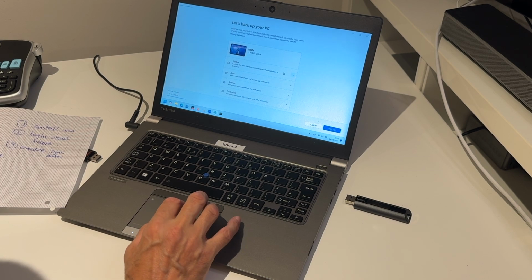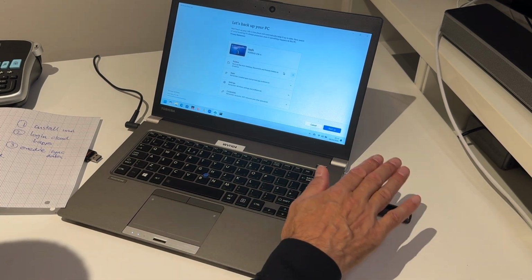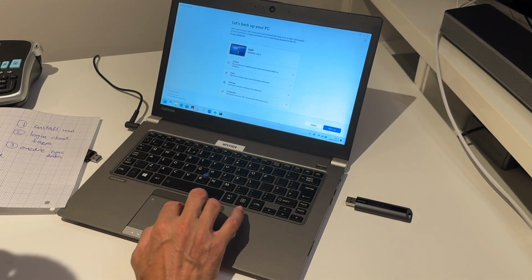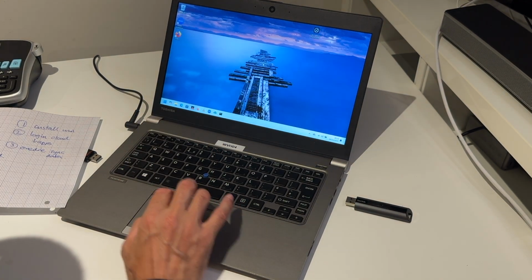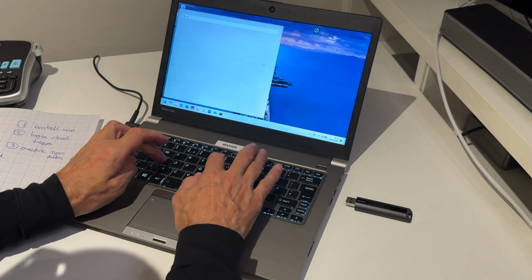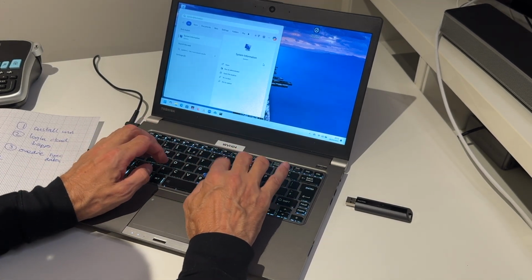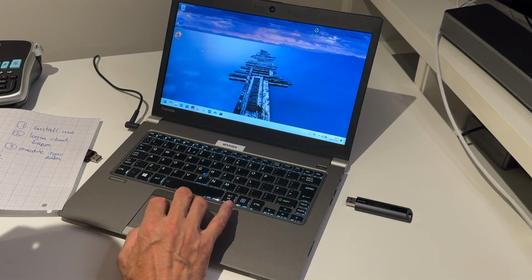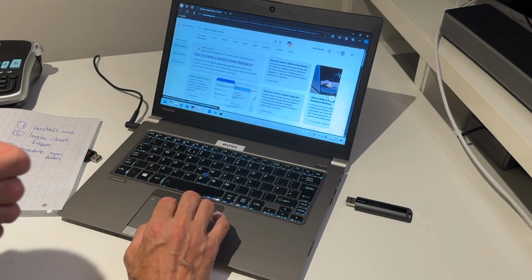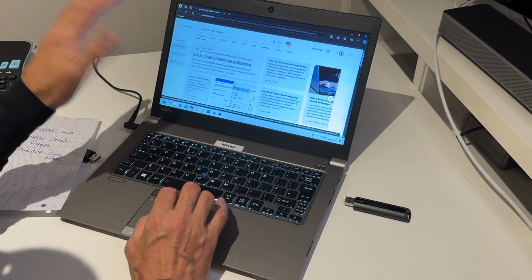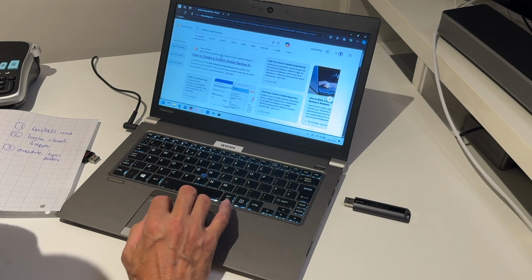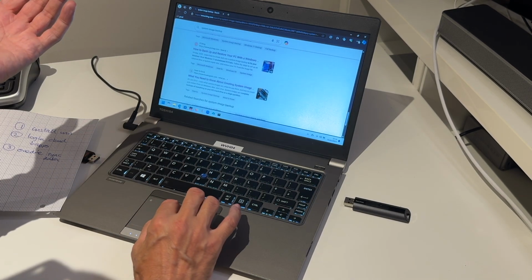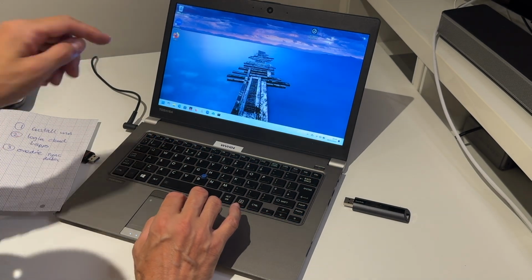This is not what I want. I want to back up my system to an external hard drive, or in this case, a USB key. So that is not it. If I type in system image, which is where it used to be, I'm absolutely sure of it. You click on there and it goes off to Bing. I haven't had a chance to stop it using Bing, but okay, it goes into other things. It goes into the web, and I want it to go to an actual program. So where is it? So I think if you press